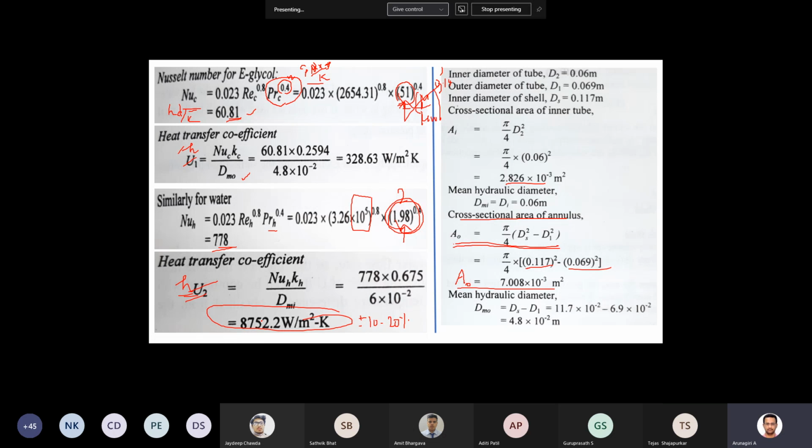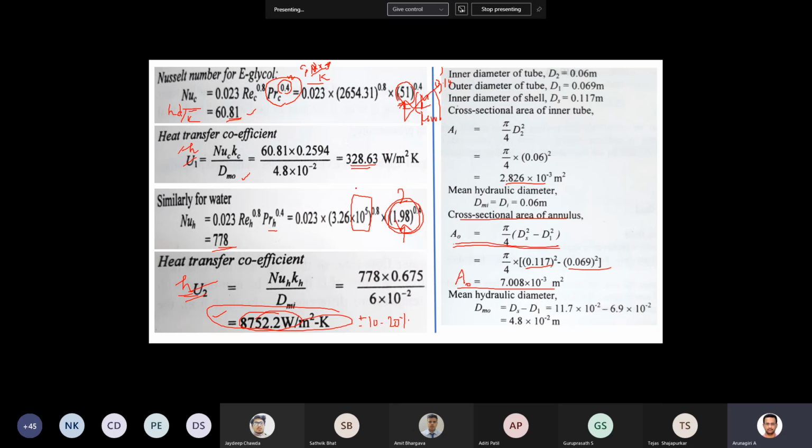Normally this is on the higher side because the water temperature is near to steam, 85 to 95 degrees centigrade. As the temperature increases, your heat transfer coefficient also increases. You can check it. If you check the heat transfer coefficient for water at 60 degrees centigrade, it will be around 3000 or 2000 watt per meter square Kelvin. Since we are using water at high temperature conditions, this is around 8700, a very high value when compared to this.